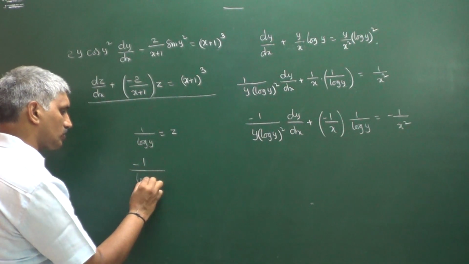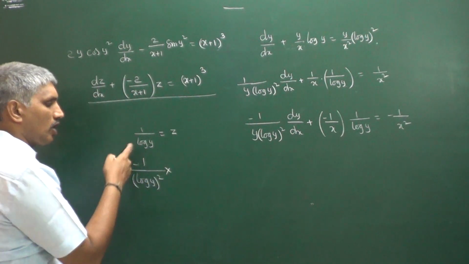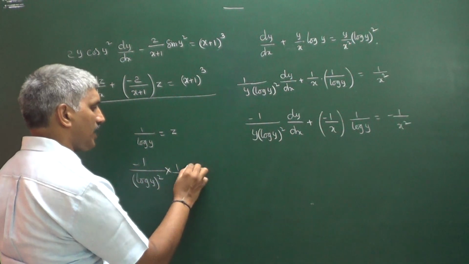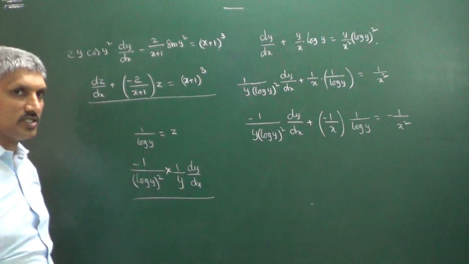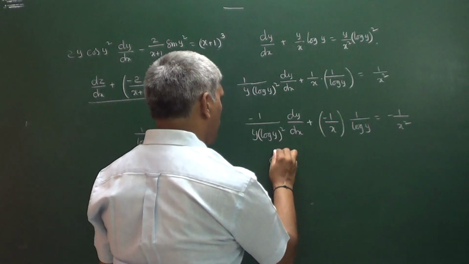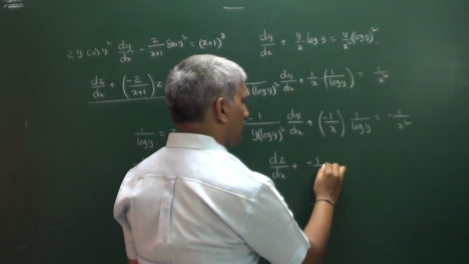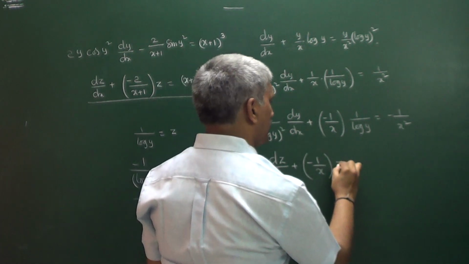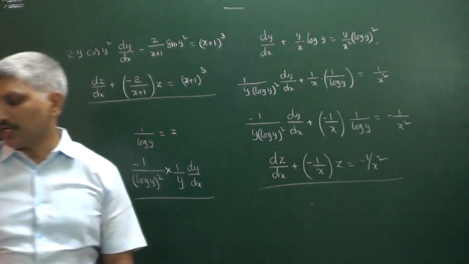Minus 1 by x square, that means minus 1 by log y whole square into log y differentiation, which is 1 by y into dy by dx. That is the reason I multiplied with minus. Then what does it become? dz by dx plus minus 1 by x into z is equal to minus 1 by x square,